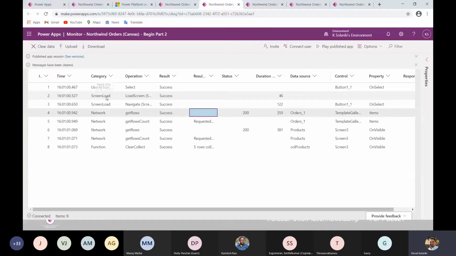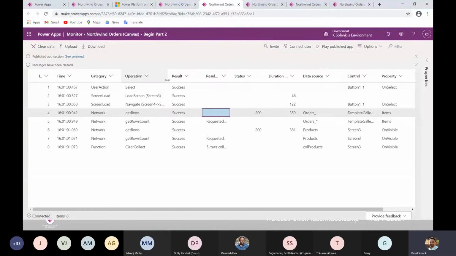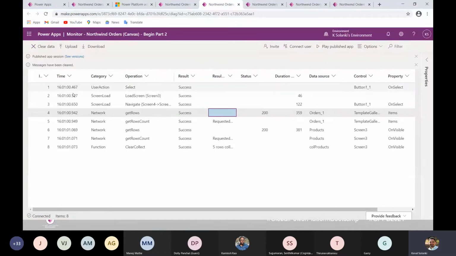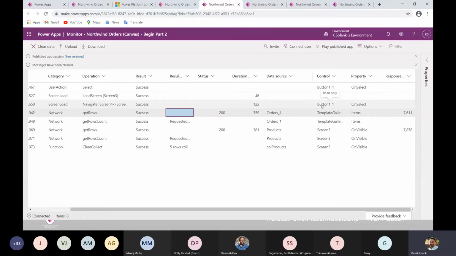If a data source is involved, it shows which data source and which control. When I click that collection button, I didn't use any naming convention for it, but you can see it captured the OnSelect event, and what happened after that is shown here.